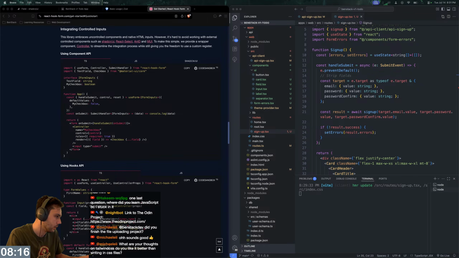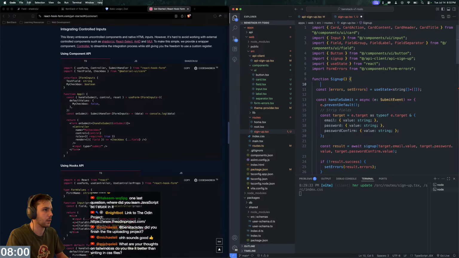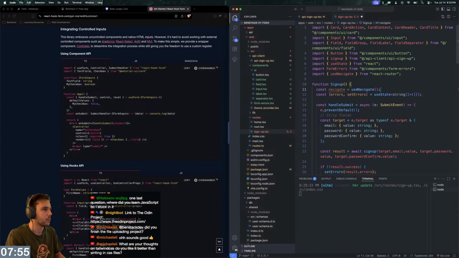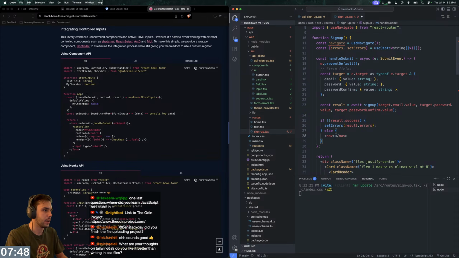Use navigation. Yeah, so we'll do a use navigate inside of here. So we'll say const navigate, use navigate. And then at the end of our handle submit, we'll say otherwise, we'll navigate, whoops, to the root,